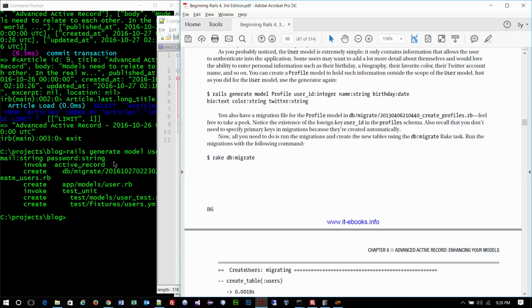But they're thinking that if we have a table of users with their logins and passwords, it might also be helpful that those users might be able to have a profile. So each user might store information about themselves, like their name, their avatar, perhaps, personal info. So what they're going to have us do now is create another model,